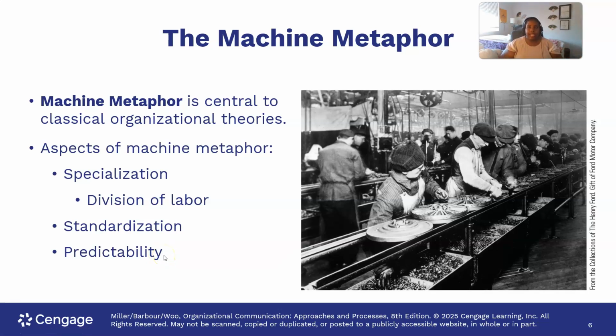So say for instance, if I worked for a factory in Michigan and I am transferred to Indiana, I should expect to have the same type of work unless I have a promotion or what have you. If I'm doing the same amount of work or the same type of work, I should expect to be very familiar and be able to predict the tasks that I would do in Indiana, even though I started out in Detroit.